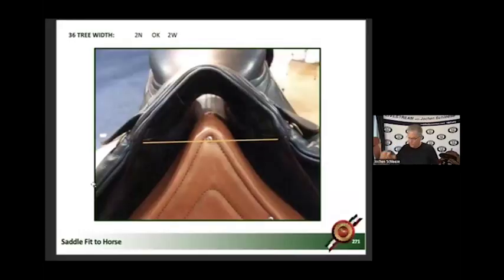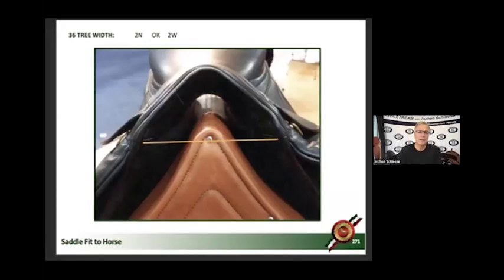Whereas other trees, adapt trees, there you can adapt the tree width and then the angle, individual left or right, without changing the width for the rider's twist, seat width, or without changing the arc of the tree. So many companies now use the adapt tree or flex trees because, well, the horse changes. And if you as a coach do a good job, well, the horse will change.